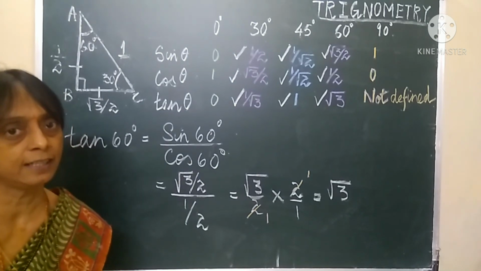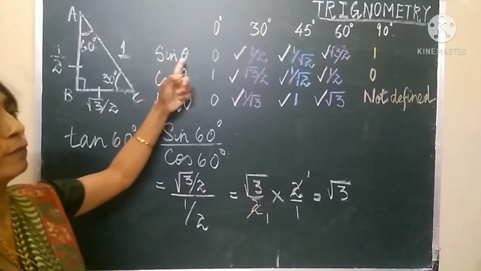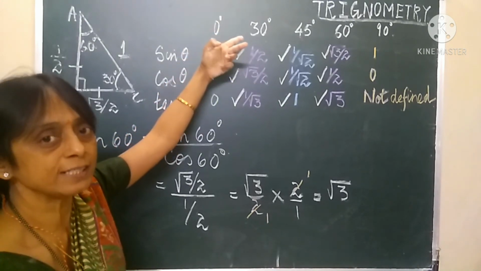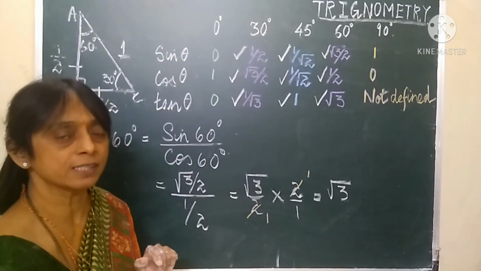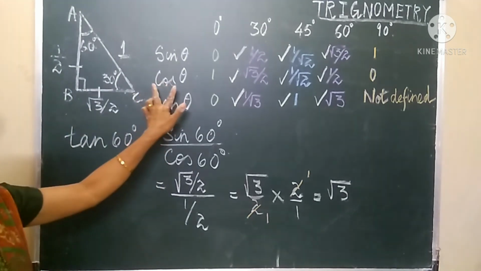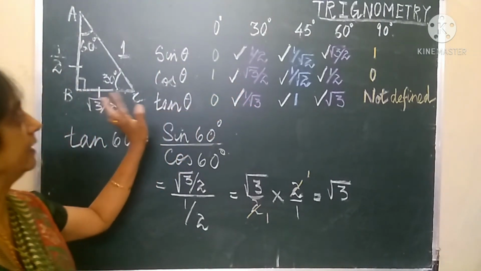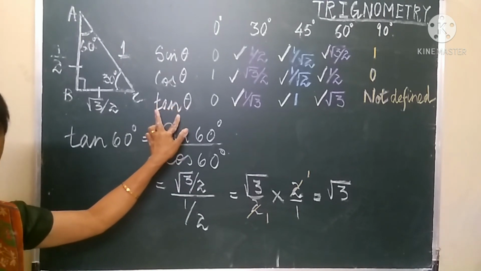Because we have studied earlier that the inverse of sine is cosec. So you have to just take the multiplicative inverses and that will be their values. The inverse ratio of cos is sec and the inverse ratio of tan is